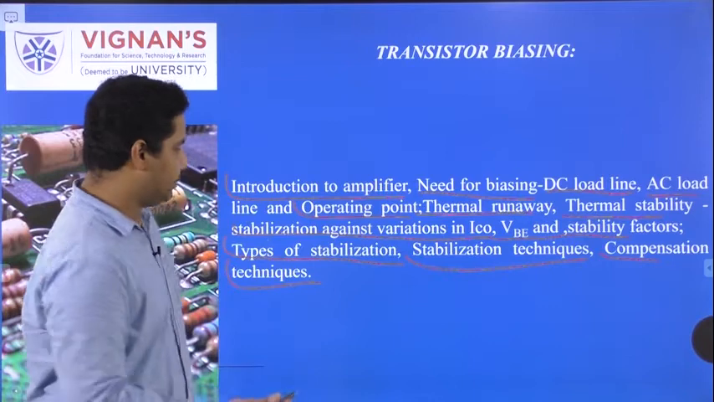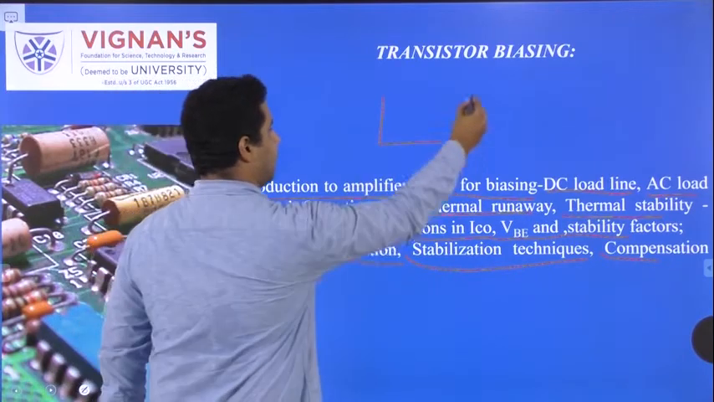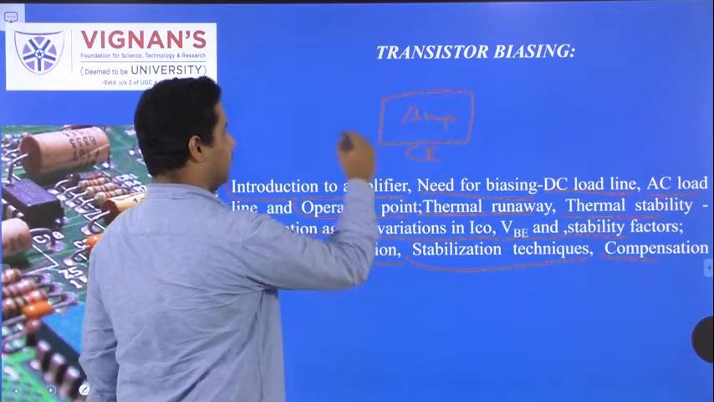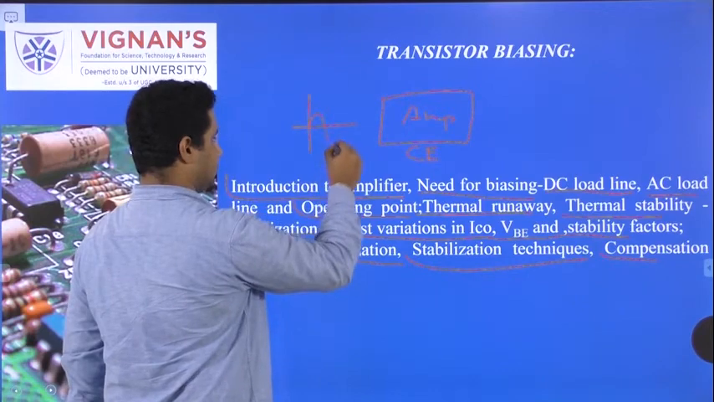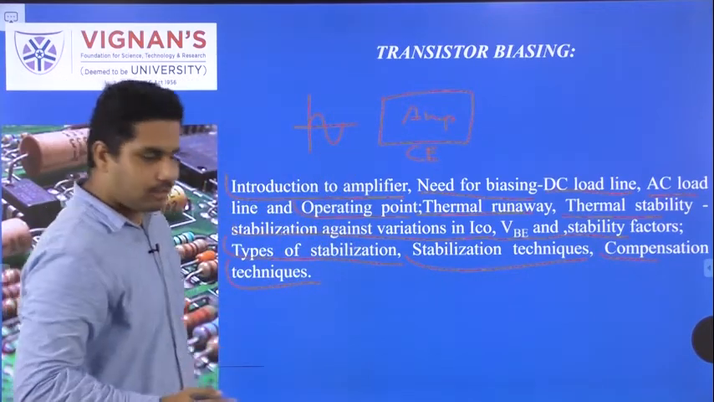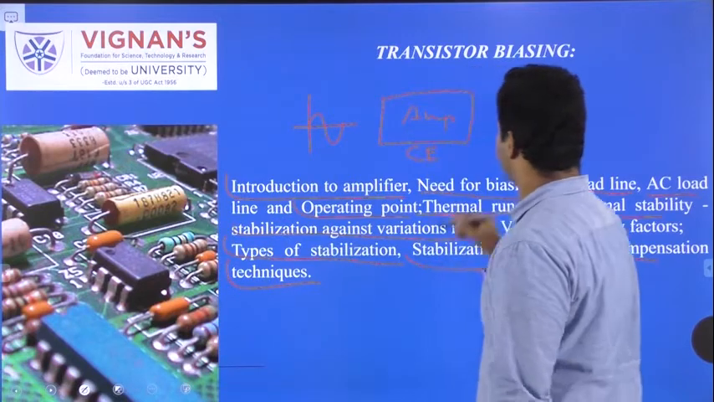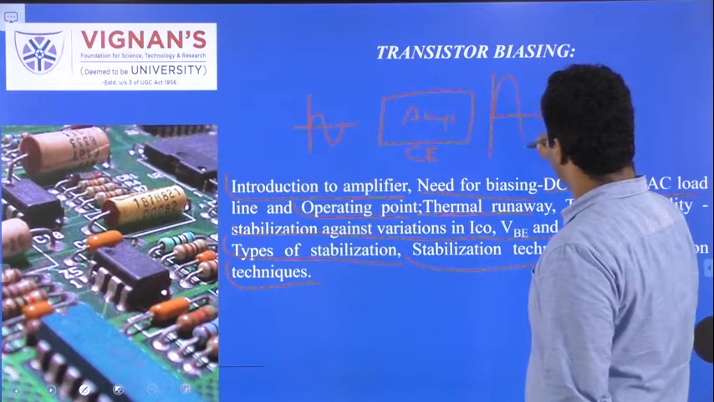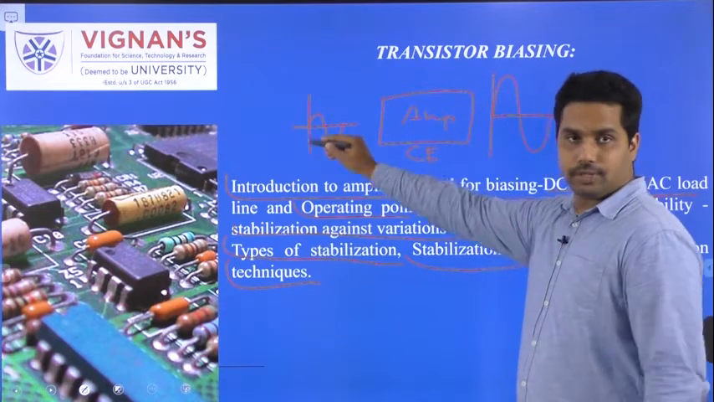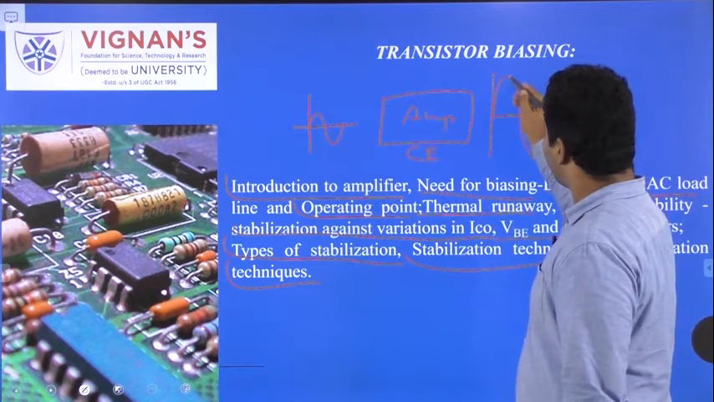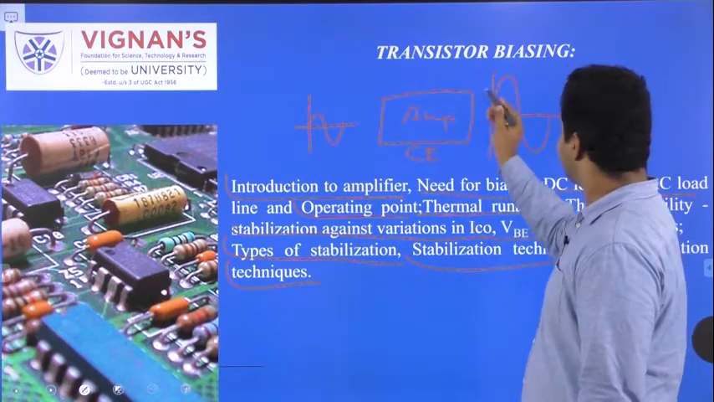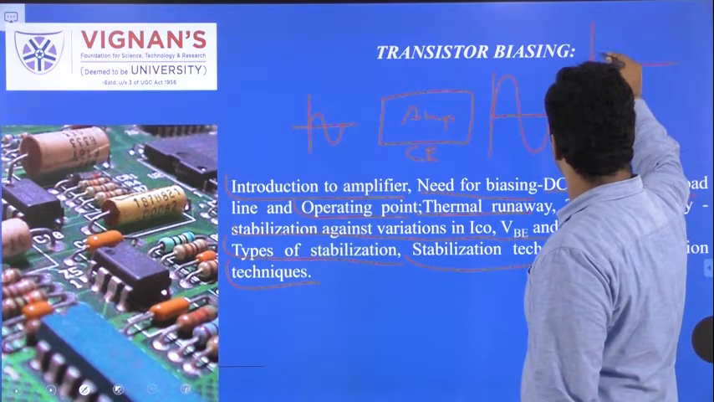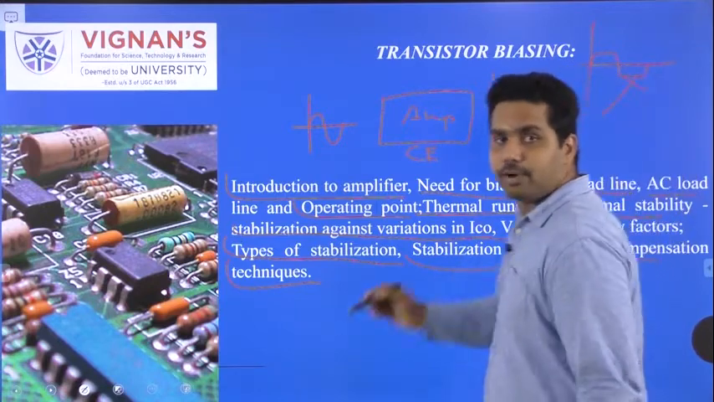Faithful amplification means what? For example, if this is your amplifier, let me assume it is a common emitter amplifier and your signal is like this. I assume it is a weak signal. So the amplifier should strengthen the signal, right? I have to get an output that is a strengthened or amplified version of the input, provided it does not have any change in the shape. If the shape gets changed, for example, if I get another output like this,